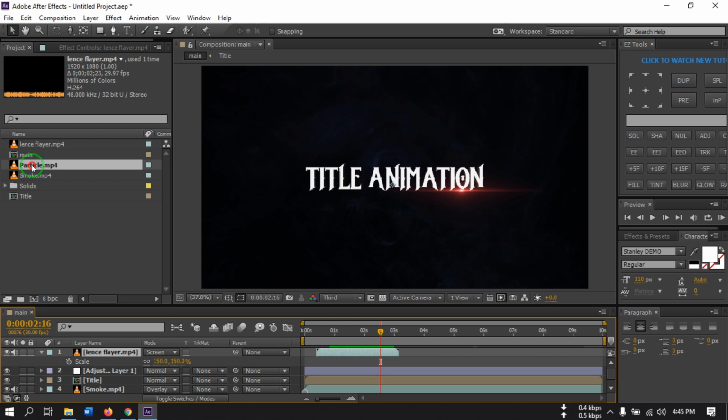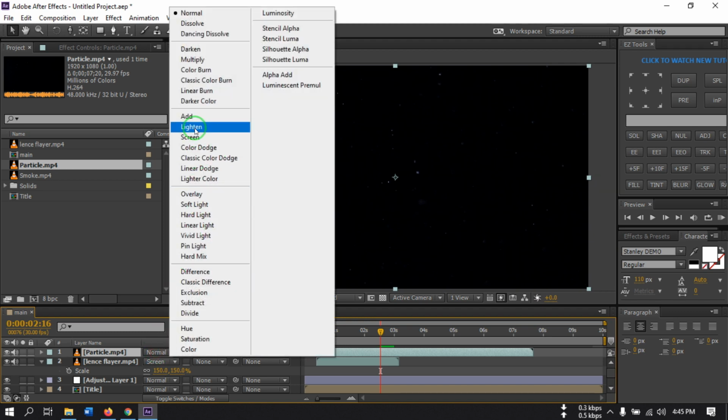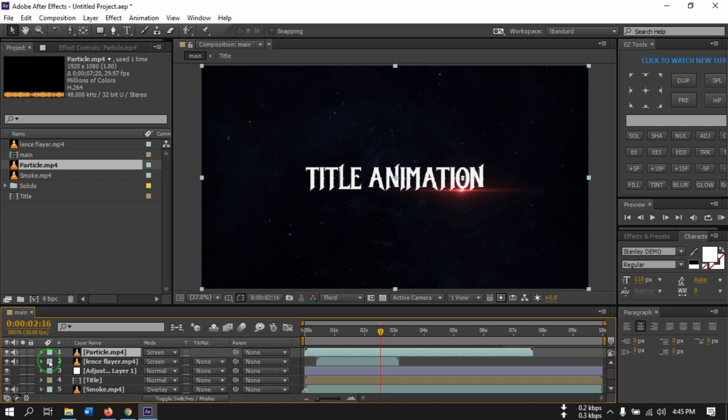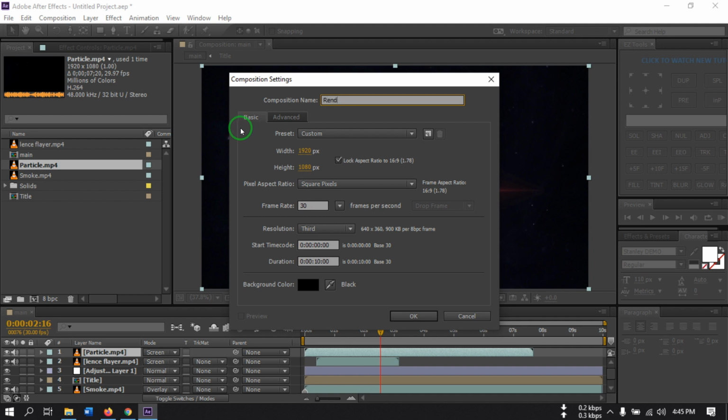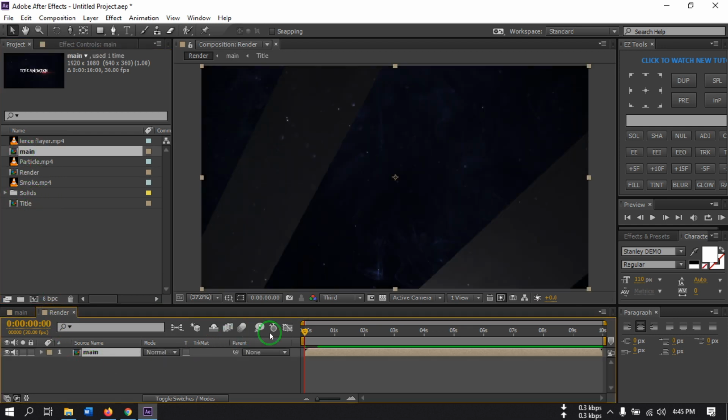Now drag the particle to this comp and also make it to screen. Now create another composition called render, hit OK. Now drag the main comp to the render comp,